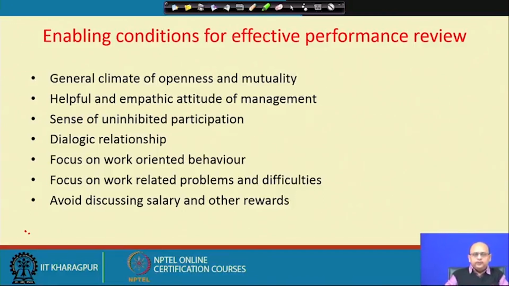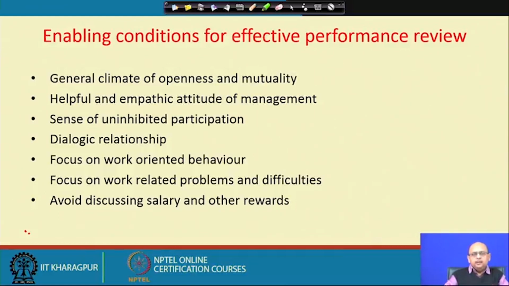So, we have talked about some of the issues here. Now, let us summarize. You need to create a climate of openness and mutuality, where each one has respect and dignity for the other, and has trust and confidence in each other, discussed in an open environment. The management and the subordinate both need to have an empathetic attitude, especially the management. It means that he is able to feel and understand the employees from their perspective, not his own. And both of them participate with an open hand, which is very, very important. So, there is no inhibition to participate in the review process either from the employee side or the supervisor side. And this is a dialogic relationship, it means that it should be in the form of dialogue from both parties. So, through this dialogue they are going to clear a lot of issues,